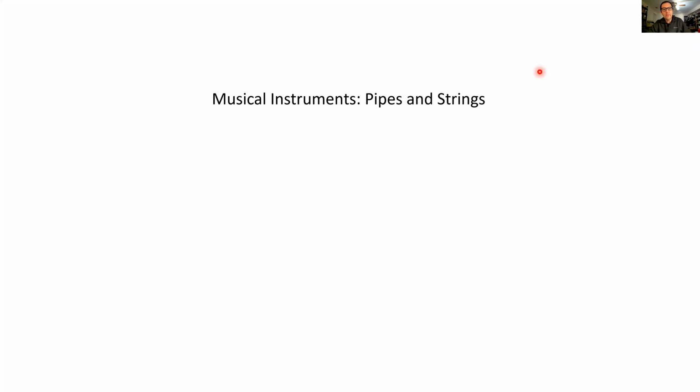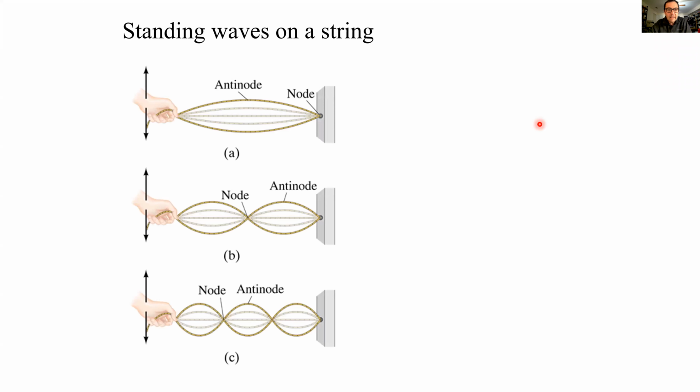Hello again, Physics 243. This unit will discuss the way musical instruments work, in particular pipes and strings. Maybe I should say strings and pipes because we'll mention strings first. Actually, we've already done strings. So remember that at the end of last unit, we were talking about standing waves that you can set up